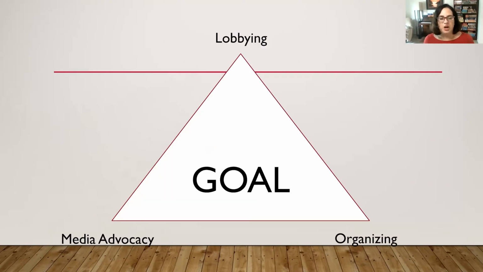And so as we look at our triangle, all the things that go into those steps to try to reach your goal, we're talking about organizing and doing that stakeholder analysis, which is going to be a next step for you after you've identified your policy. I'm going to touch briefly on media advocacy, and then we'll go into that lobbying piece, especially at the state level, where a lot of the health policy really comes together.